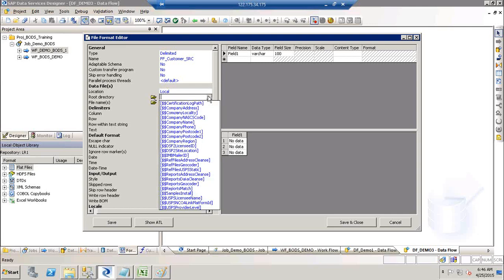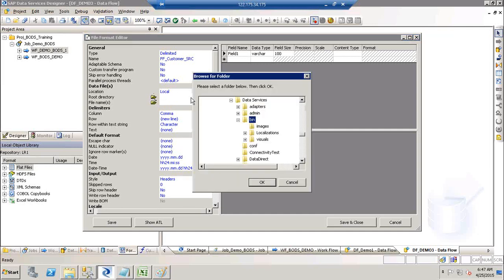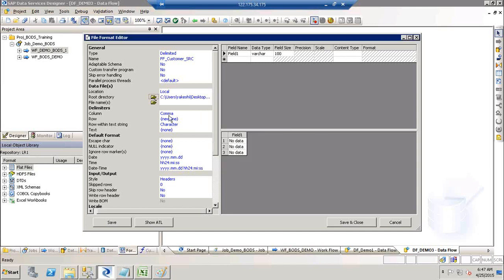You'll see the parameters and global variables. We'll talk about them a little later. So to select the path, click on the folder icon here. You will see your folders on your desktop. So this is my folder where my file is present. Click on OK, and again click on the file name,